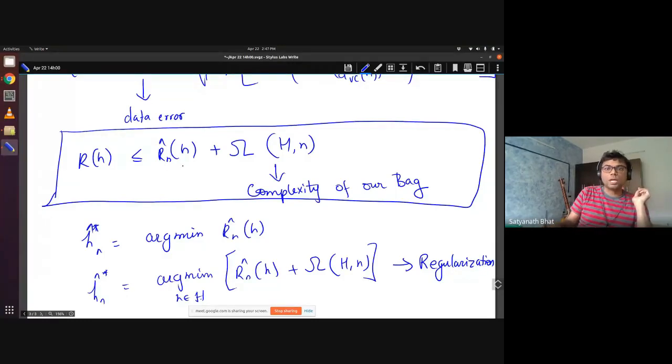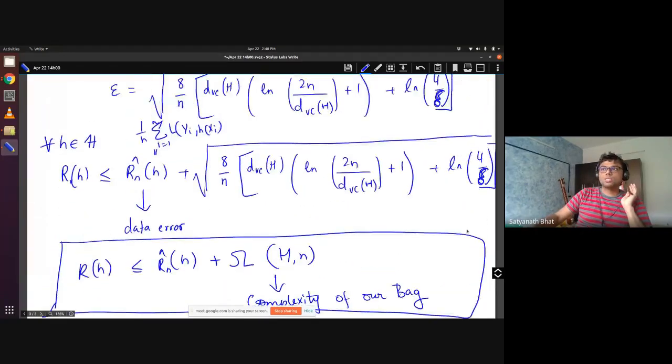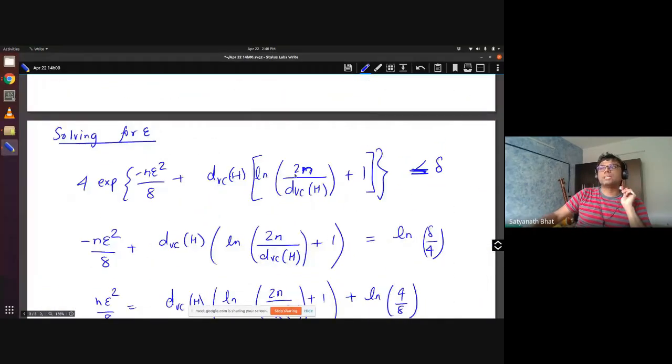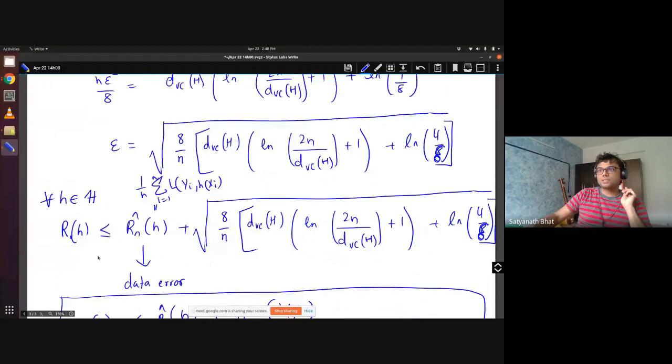When you try to do that, it is very similar to the idea of regularization. We will look at the regularization aspect in more detail when we look at bias variance trade-off. But here I just wanted to show you a consequence of the VC discussion: the true risk is upper bounded by the data error plus a term which is a function of VC of H by n. If a model is more complicated, this VC of H will be high, whereas a simple model will have a low VC of H.